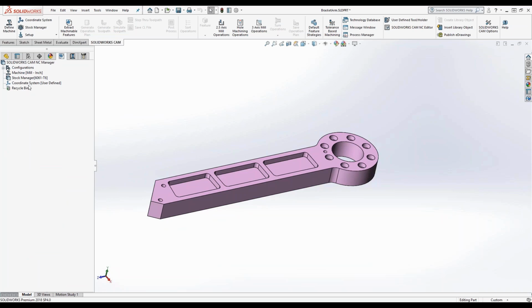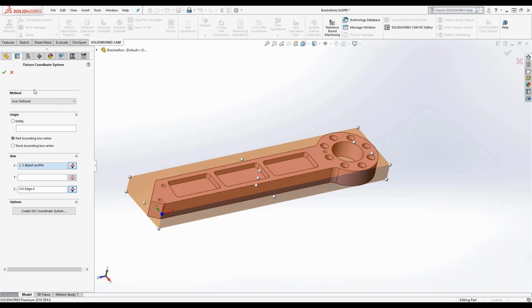So now that we've got our stock set up, the next thing is the coordinate system. So I'm just going to double click here to open up our coordinate system. By default, it sets us up with the user defined, and I can essentially pick any entity in the model to act as my 0, 0. In this case, I've got the part bounding box vertex selected,